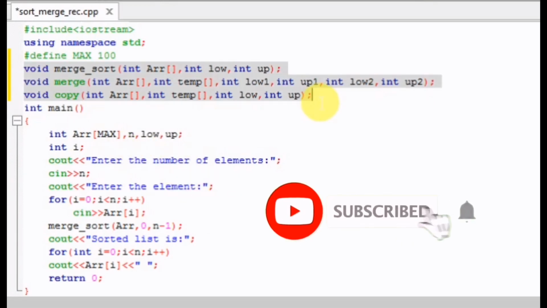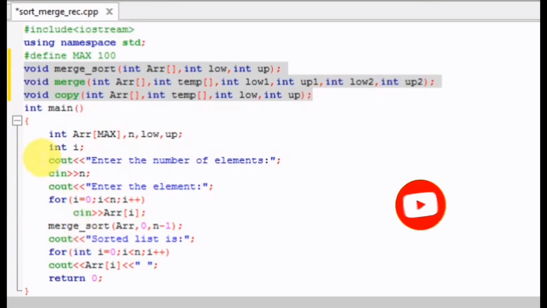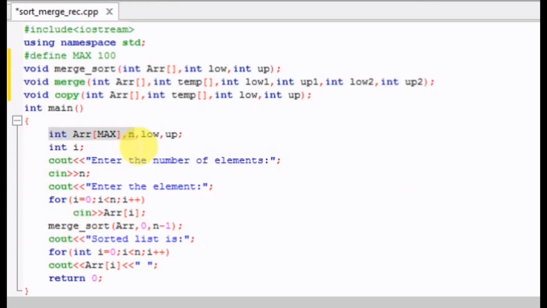These are simply the declarations of the functions that we are going to use today. Within the main block, we start by declaring an array ARR of size maximum. Here maximum equals 100 and it is of type integer.